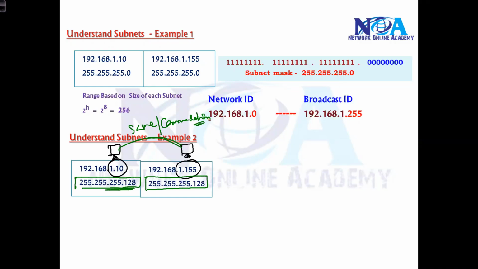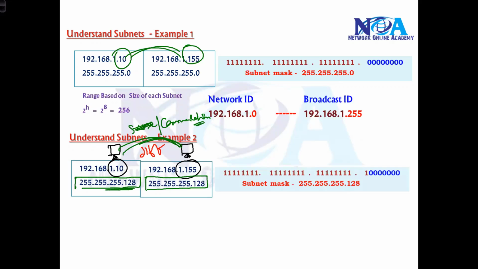Now if you just think, you might say yes or no, it depends. But basically now they are different networks. Previously I said same network, but this time I'm saying they are not in the same network, they are actually in different networks. How will the device identify? Again, based on the subnet mask.